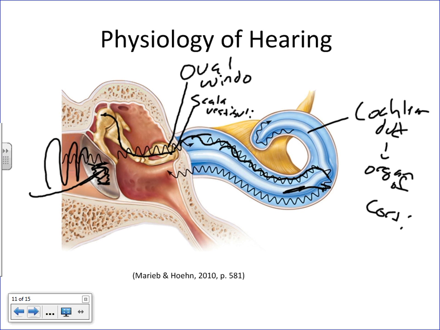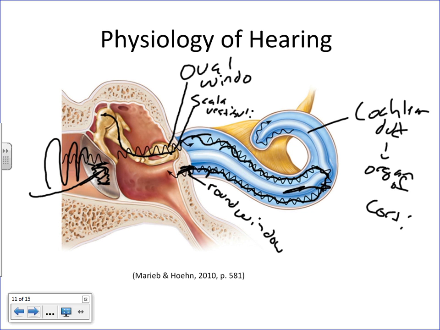As this sound energy passes through the basilar membrane, the energy will pass through the scala tympani and eventually hit what's called the round window. The round window is just a thin area of tissue that's going to constantly bow in and out, in and out, to try to dampen that sound energy